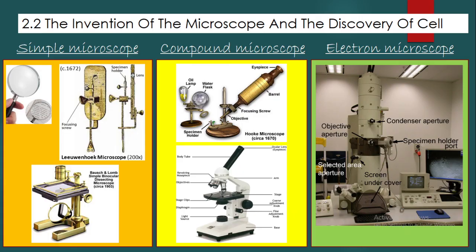Okay. So in our previous class, we discussed the different types of microscope. Because cells are so small, we cannot visualize them with our naked eye. We need some kind of instrument so that we can look at the cells. In our earlier class, we discussed the simple microscope and the compound microscope. We were just about to start the electron microscope. So maybe one question I will ask before we go into the electron microscope.